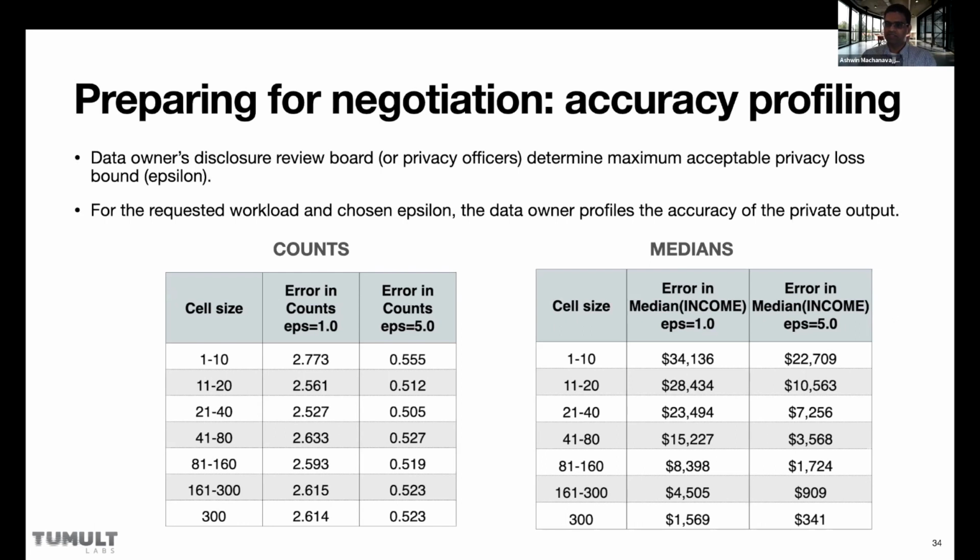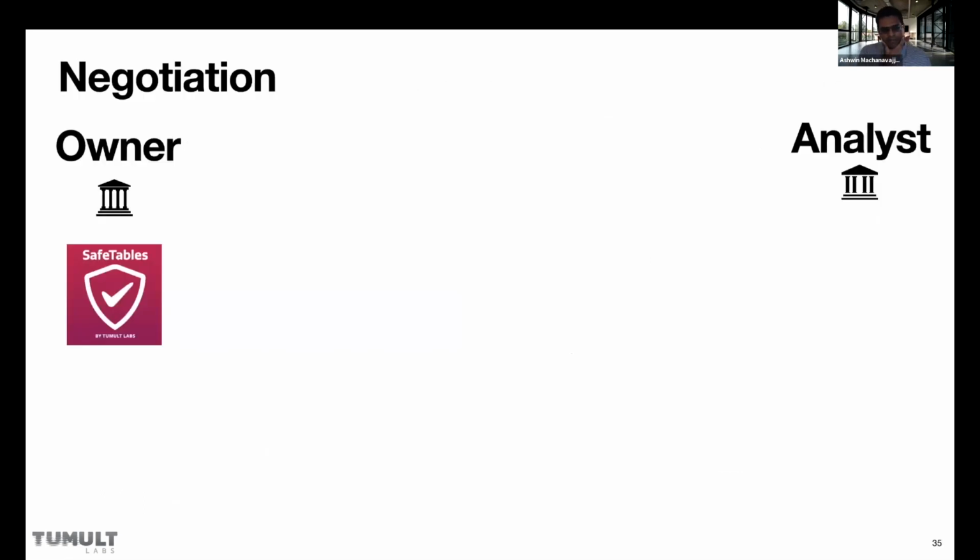Each statistic is for a small group of people, right? Sometimes that group is small, like may only have 5 people. Sometimes that group is large, it may have 1,000 people in it, right? So depending on the size of that cell, what does the error look like? So clearly, if your cell size is small, your error is going to be high, right? At least relative error is going to be high. Or if you're looking at things like medians, the median error is going to be high for small cells, and your median error is going to be small for large cells, right? And so this accuracy profiling was going to help them make decisions about this privacy accuracy trade-off. So once we set this up, this is how the privacy negotiation actually happened.